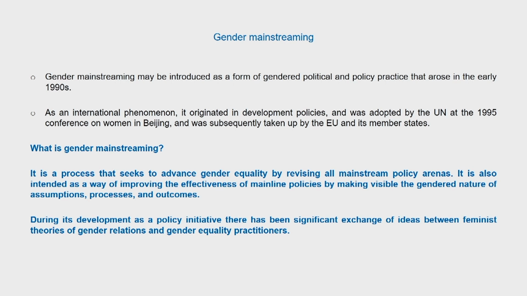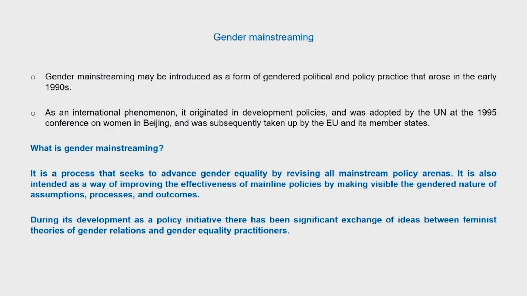It is also intended as a way of improving the effectiveness of mainline policies by making visible the gendered nature of assumptions, processes and outcomes. Now, we have already seen that there are certain gendered assumptions or gender blind assumptions with respect to how total household incomes or total household achievements will rise if income rises. But the empirical evidence shows that there are serious challenges to these kinds of assumptions. So, gender mainstreaming is a process that seeks to advance gender equality by revising all mainstream policy arenas,